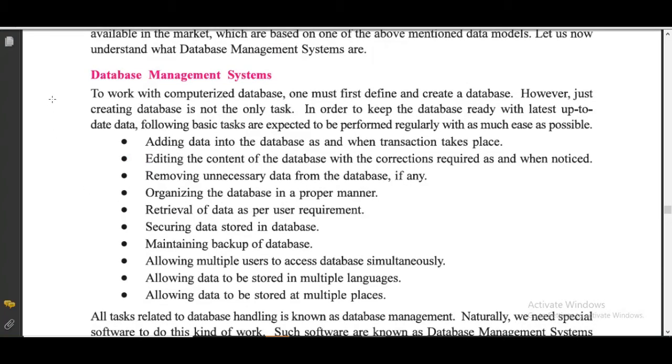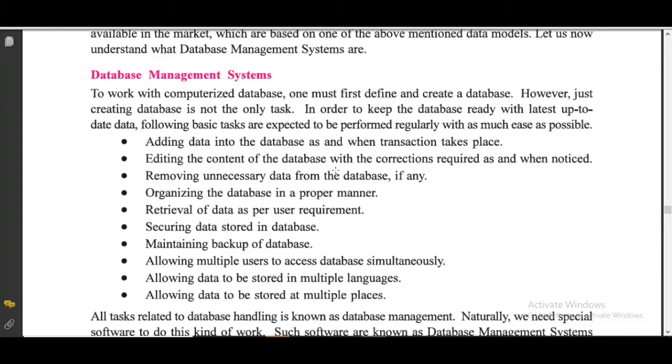Then comes database management system. What happens in database management? So to keep it up to date, we have to do some tasks. That means adding data into the database as and when transaction takes place. So as soon as something happens, for example, as we have discussed the school example, if any new admission comes, we have to add details of that new student in our database.